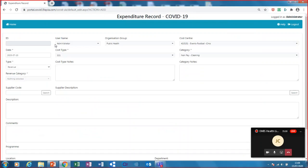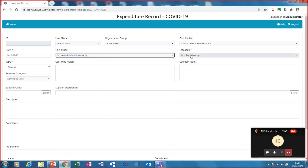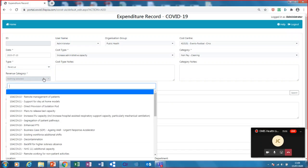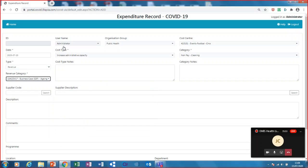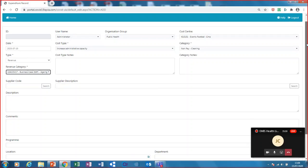So if I click on add record, the system will open a new transaction. And as Jamie mentioned, the transaction format is fully compliant with the NHSI requirements. The requirements change on a semi-regular basis, and we adjust the software to make sure that it is always compliant. So the system will ask me to define the cost type, the cost category, the revenue or capital type of expenditure. All of these definitions are required by NHSI to be completed and to be completed correctly in order to